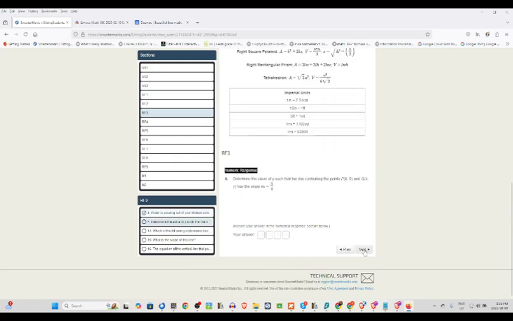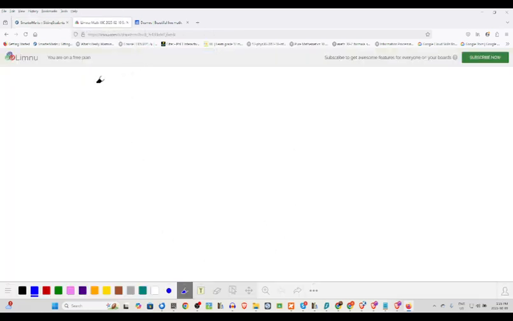Determine the value of y such that the line containing P(8, 9) and Q(4, y) has the slope 3/4. So our slope